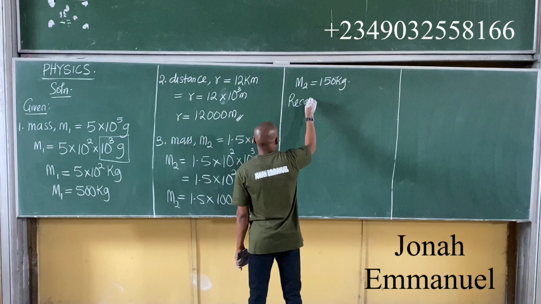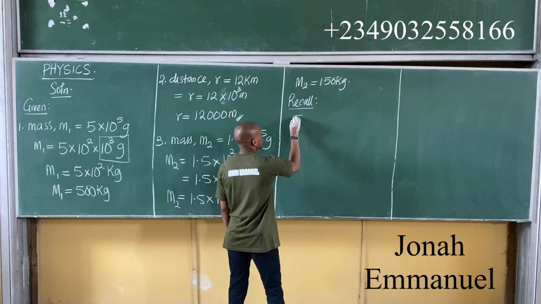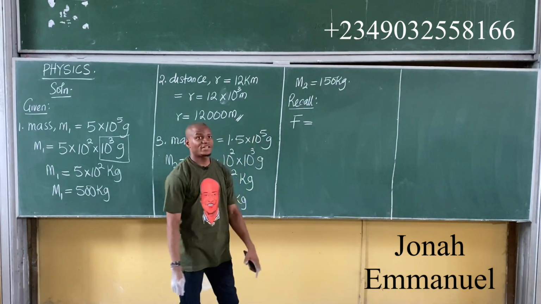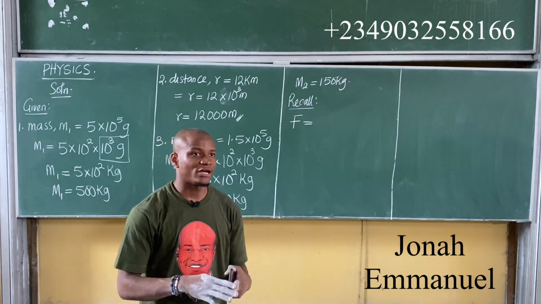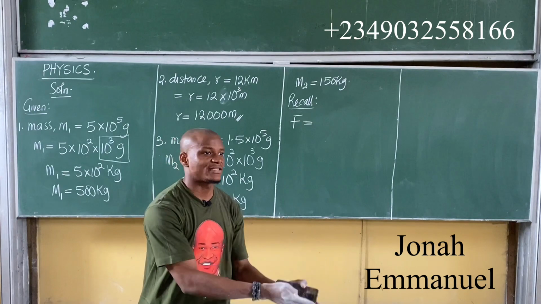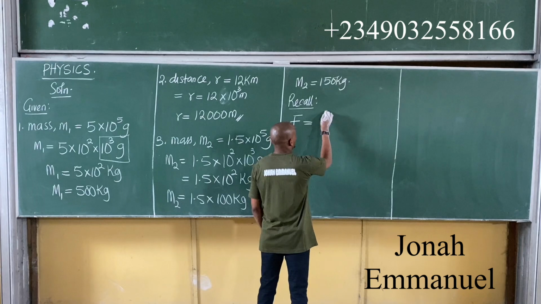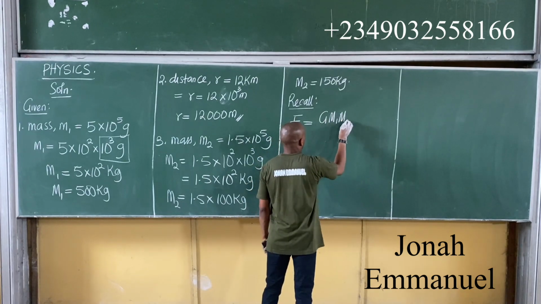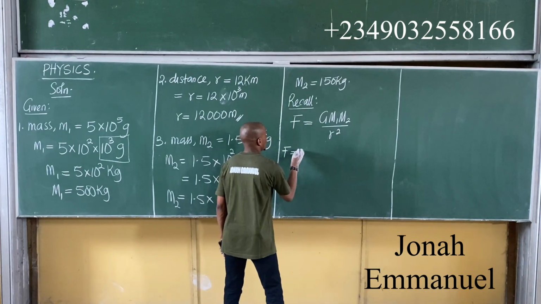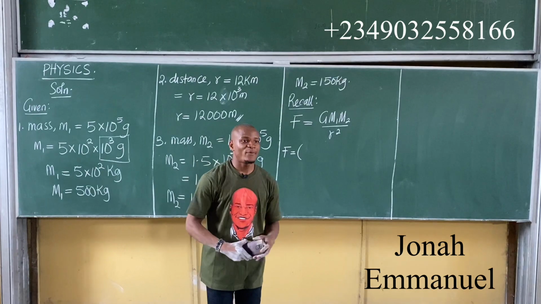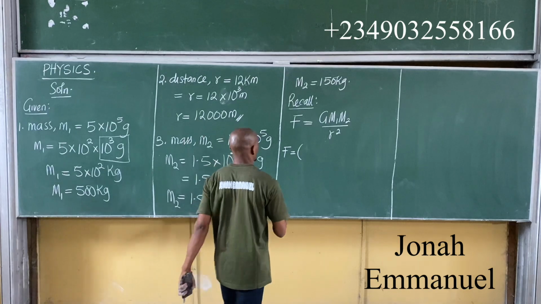Alright, so recall from Newton's law of universal gravitation that the force of attraction between two masses is directly proportional to the product of the masses and inversely proportional to what? The square of their distance apart. And after getting your mathematical expression, F is equal to what there? G M1 M2 over R squared. So what's the value of G? Constant 6.67 times 10 to the power minus 11. Alright, so this gives you